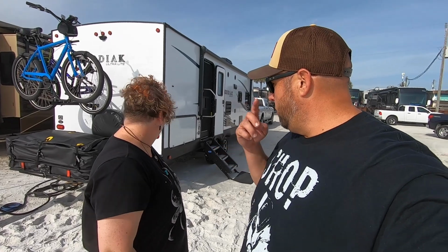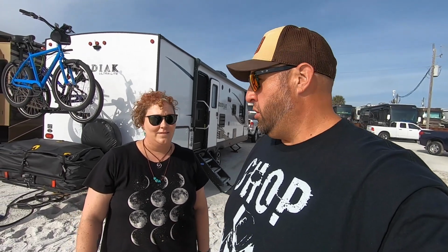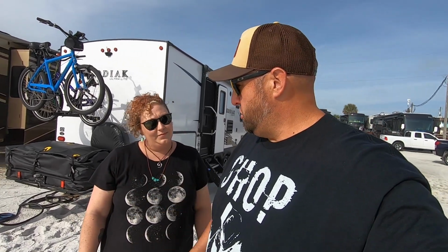Okay, well that's going to be all for the setup here with the camper. We've got it level. We got the chocks on. And we've got the 4 stabilizers, water and power. Only thing I didn't get to show you was the sewage hookup, so we're just gonna have to do that at another place. All we got left really is just the cable line, which is nothing, screwing the cable line. And then we're gonna start setting up our living area outside the camper here with our chairs and table